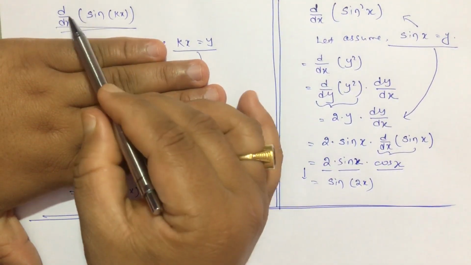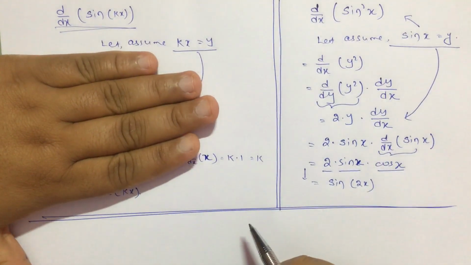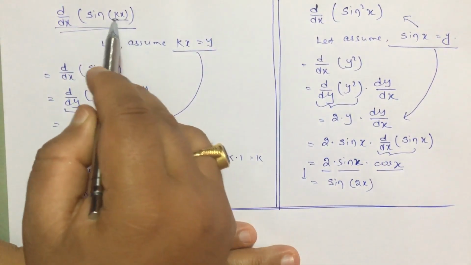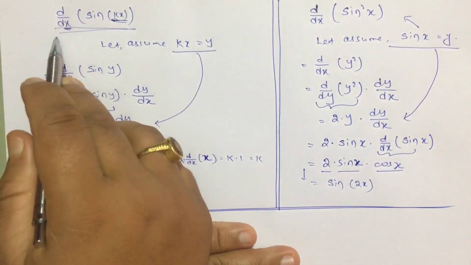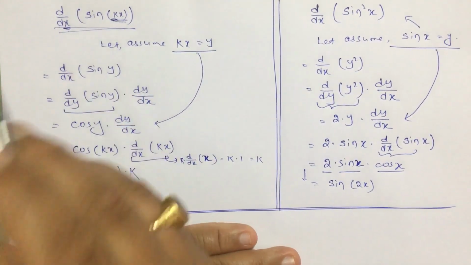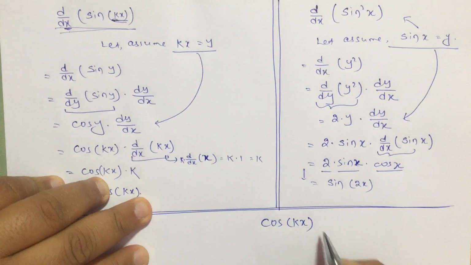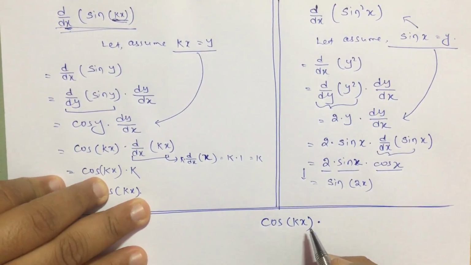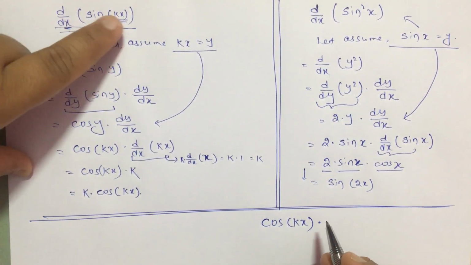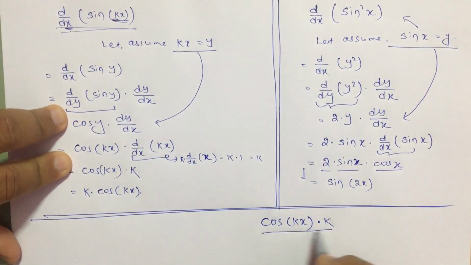First you assume that it is given as d by dkx of sin kx. Then in that case what will be the answer? You assume that whatever is given here, the same thing is given here also, d by dy of sin y or d by dkx of sin kx. First you assume that. So what answer should you write? It will be cos kx. Then multiply that with the derivative of this with respect to the given variable, meaning d by dx of kx. But d by dx of kx will be k. So this is the answer.